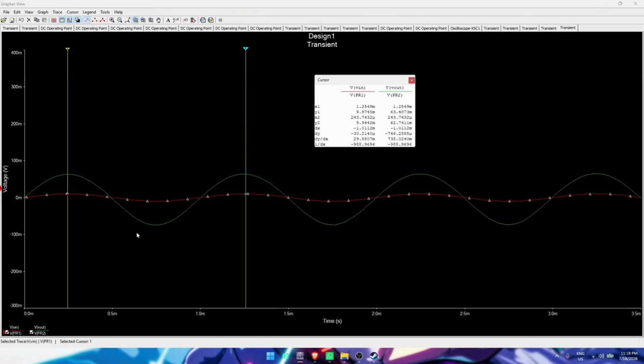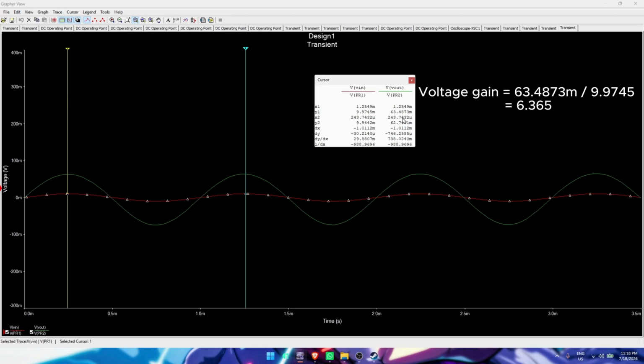The red trace is our input signal, Vin. If we look at our cursor data, you can see it has a tiny peak voltage of exactly 9.9745 mV. The green trace is our amplified output, Vout. Our cursor shows a peak of 63.4873 mV. By dividing the output by the input, you can see this circuit is giving us a voltage gain